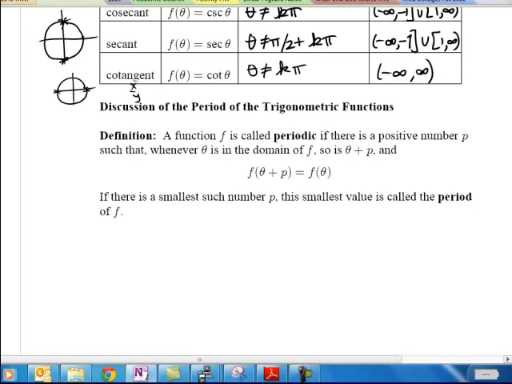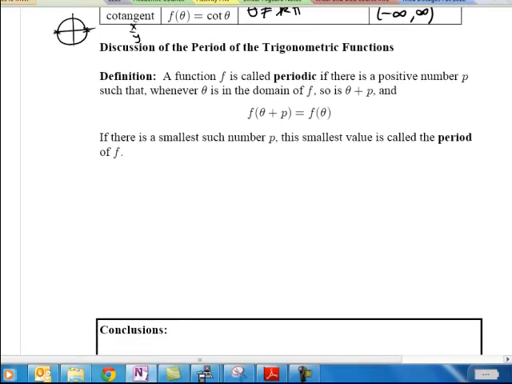Then we talk about what's called the period for a function. So a function is said to be periodic if there's a number that we can add to the input to not change the function value. So if it basically repeats its function values on a certain interval. The trig functions are periodic, and whatever the smallest interval for the repetition is, that's called the period of the function. So if we think about the unit circle,